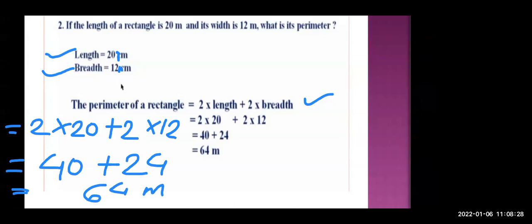What will be our last statement? Our last statement will be, what is its perimeter? Its perimeter is 64 meter. Its perimeter is what? Its perimeter is